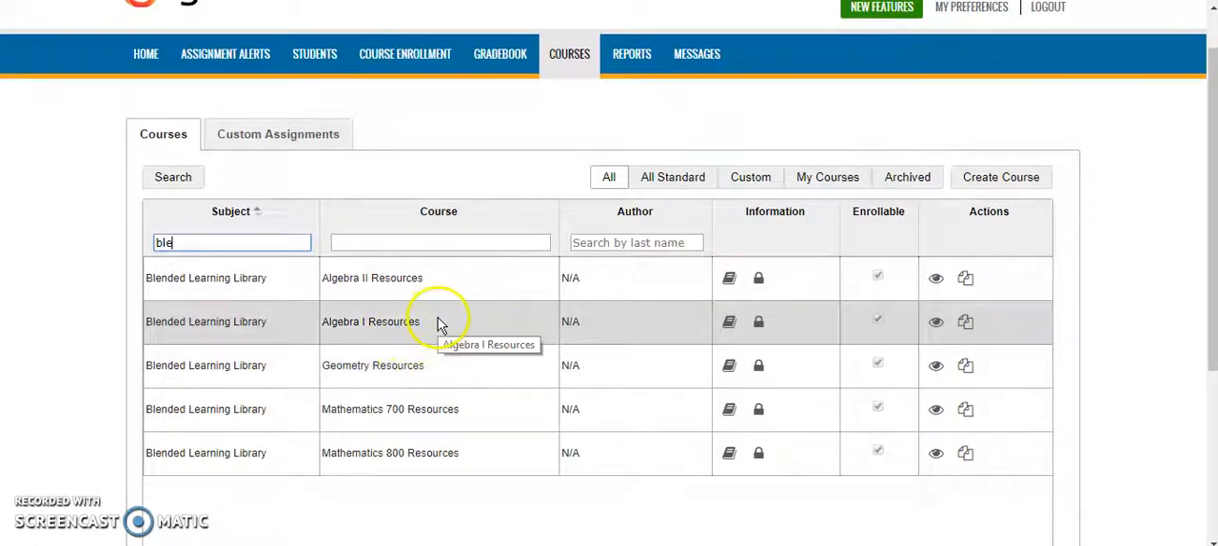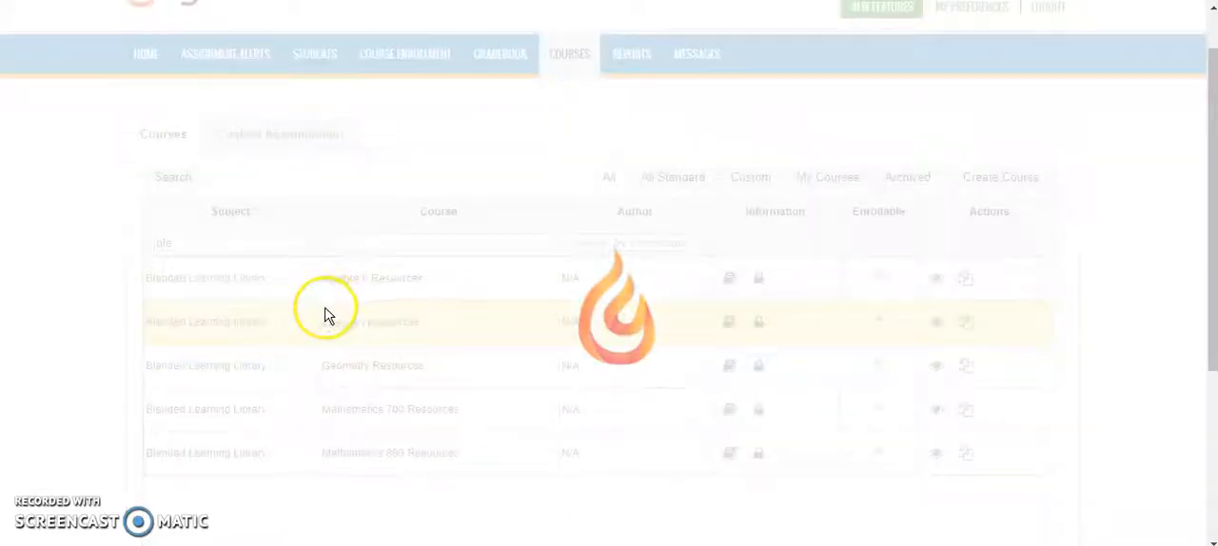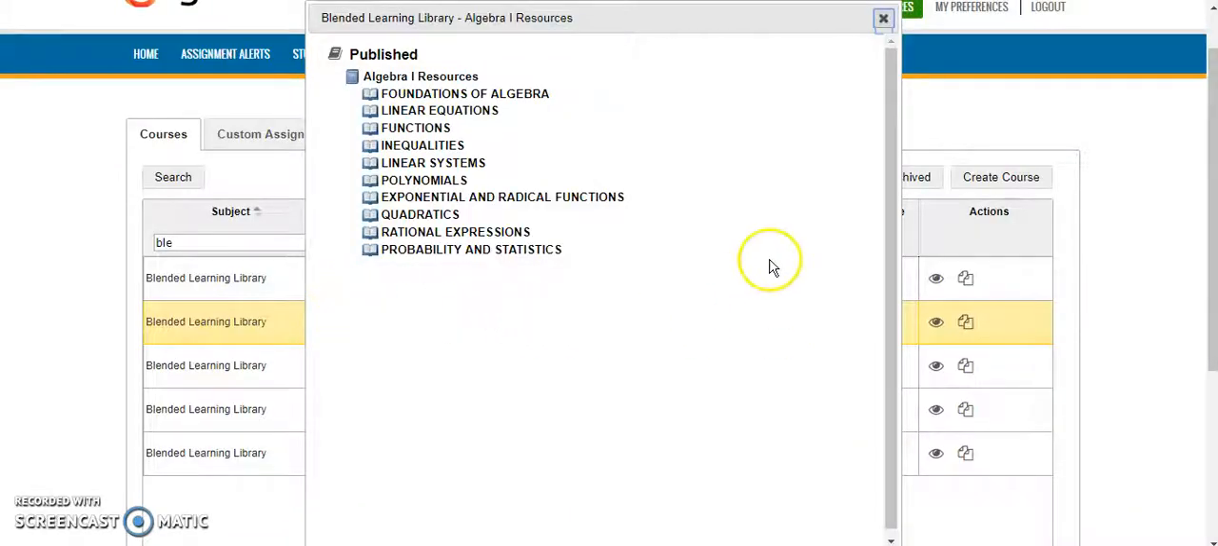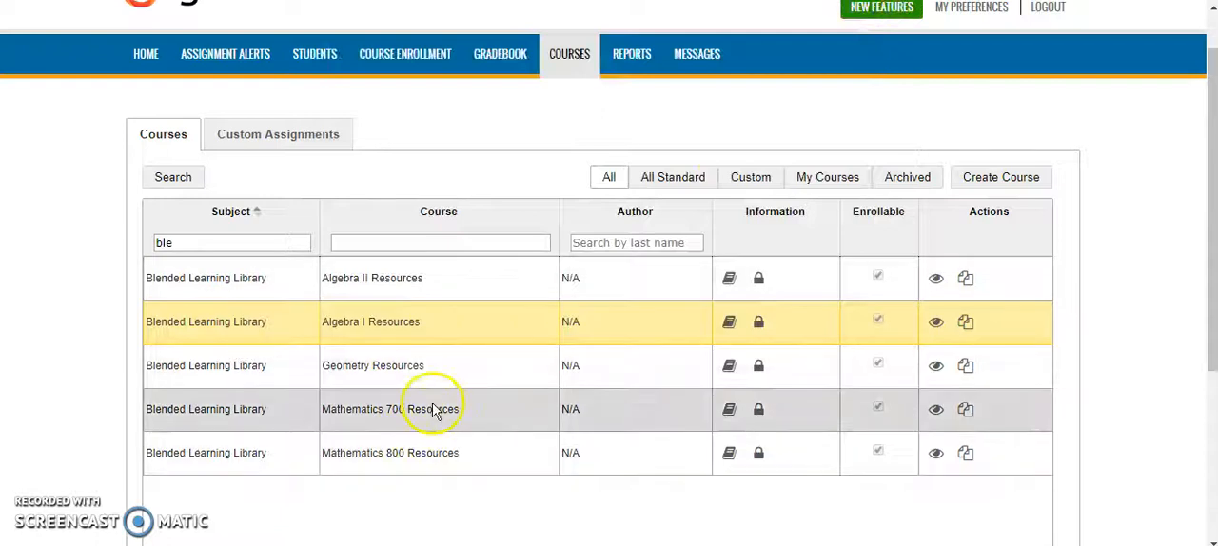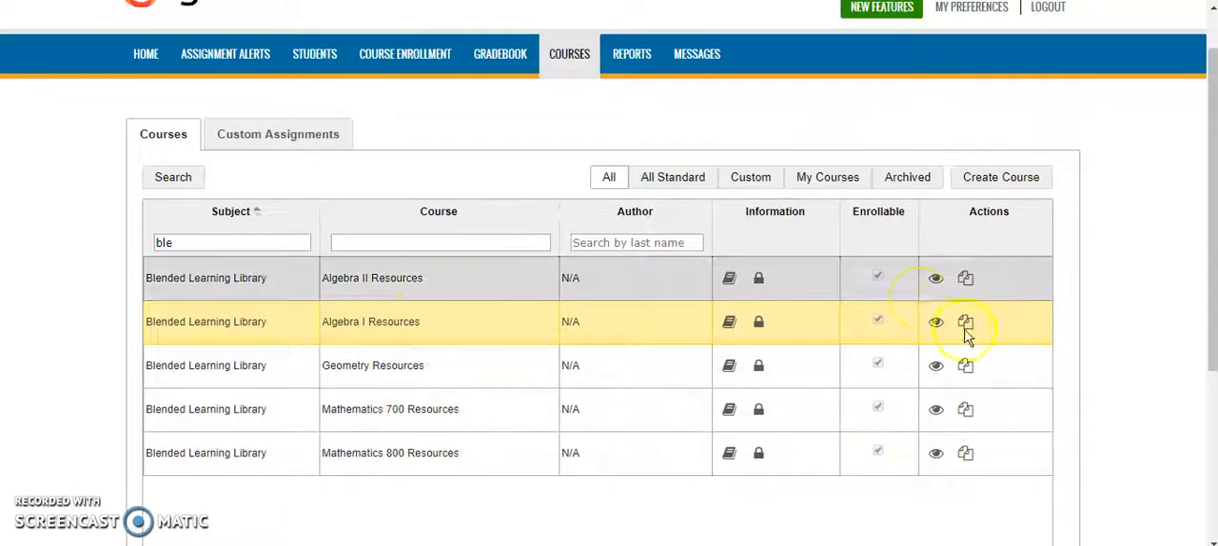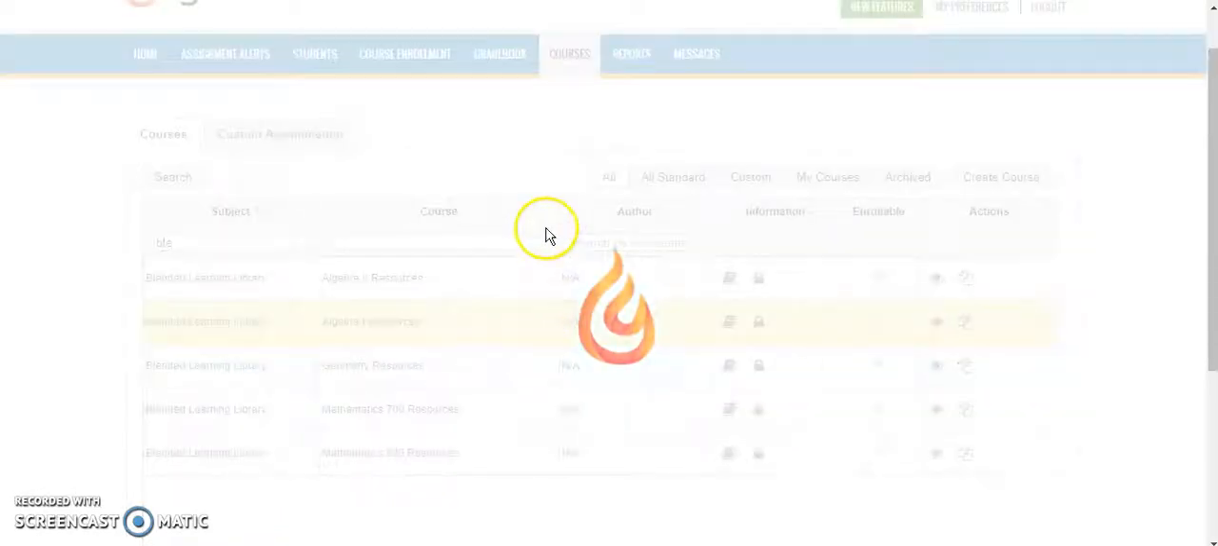Now, I know from my experience yesterday that what I'm looking for is in my Algebra 1 resources. So I want to go look at what a coefficient is. And so if your student is in Algebra 1, that's a great place to look. If they're in Math 700, start there. So you're going to preview that course,